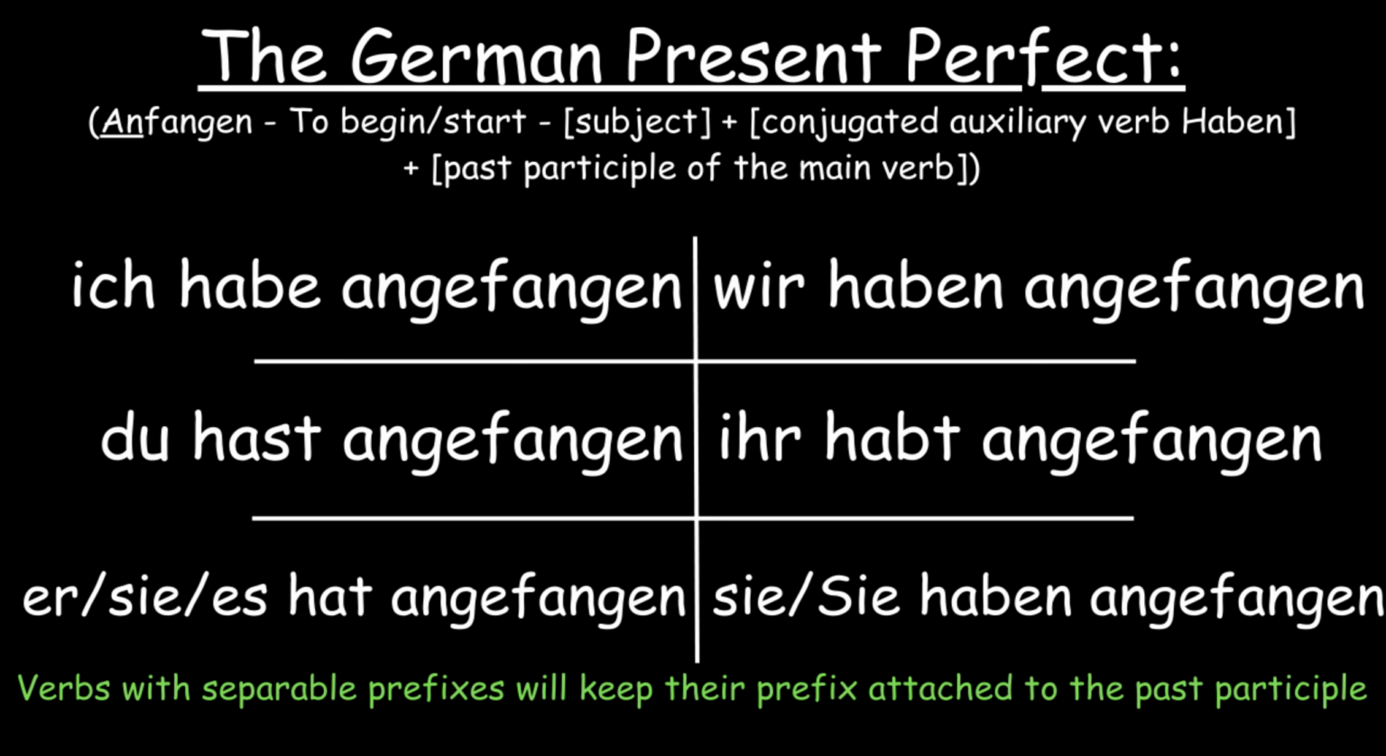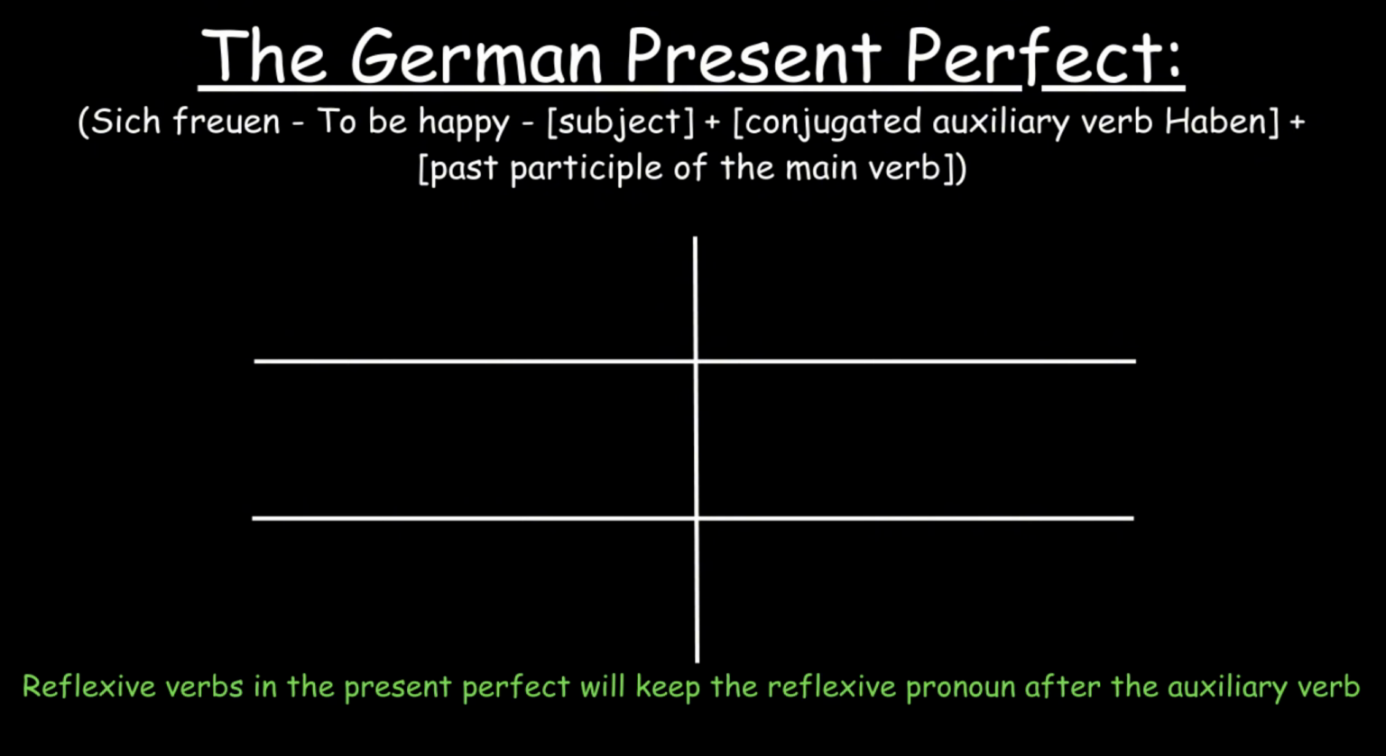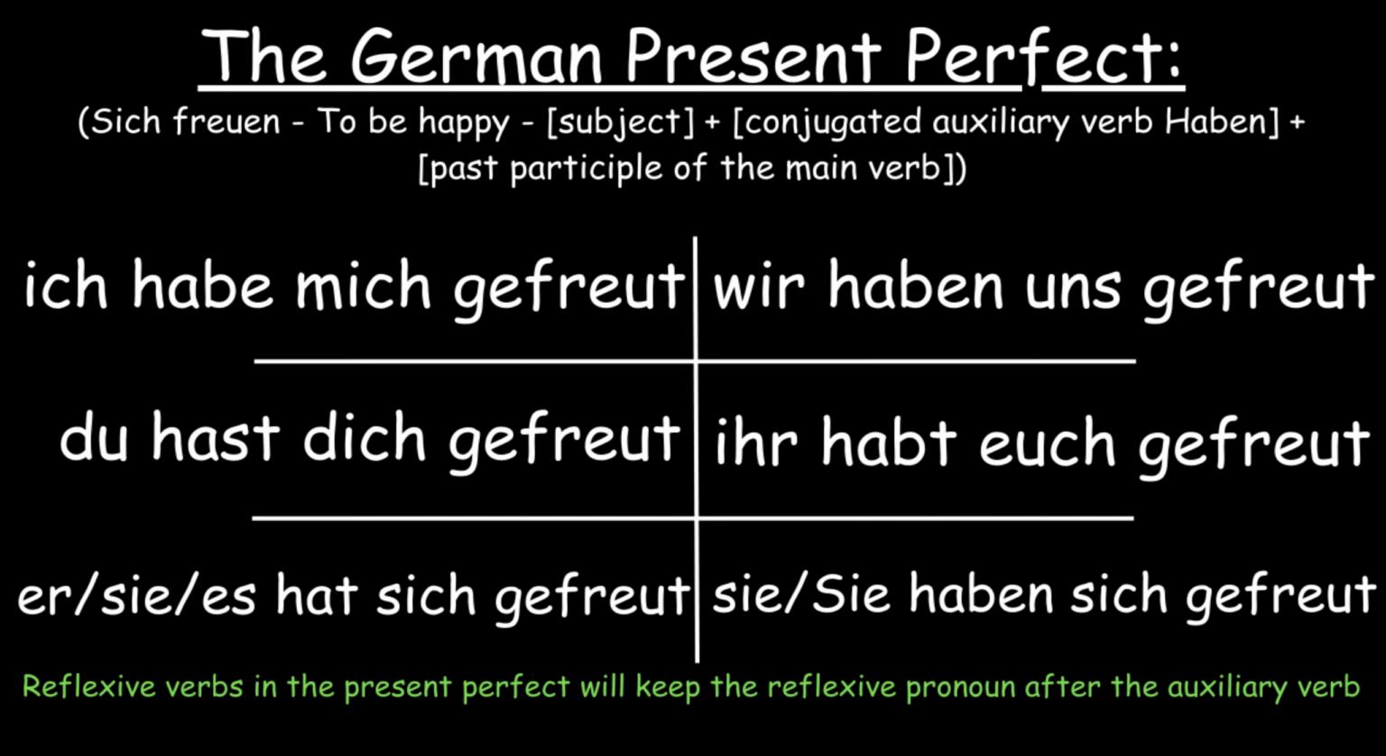Sie haben angefangen. A different verb is sich freuen, which is a reflexive verb, and reflexive verbs in the present perfect will keep the reflexive pronoun after the auxiliary verb. Ich habe mich gefreut. Du hast dich gefreut. Sie, es hat sich gefreut. Wir haben uns gefreut. Ihr habt euch gefreut. Sie haben sich gefreut. This is how the present perfect is formed in German, but it's significant to understand when